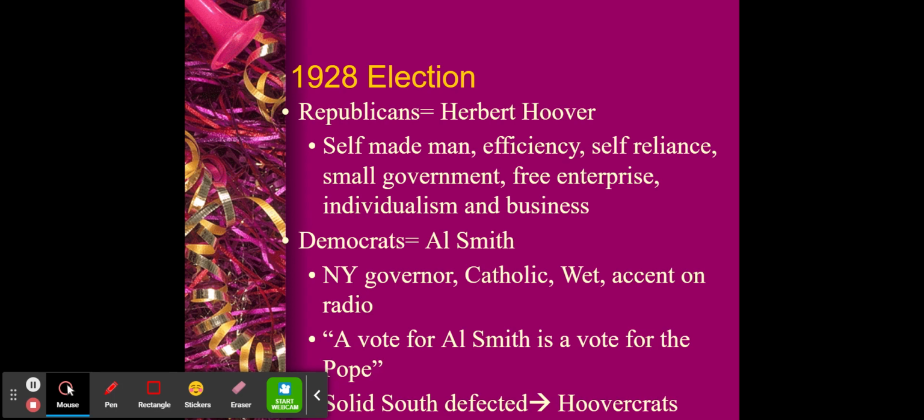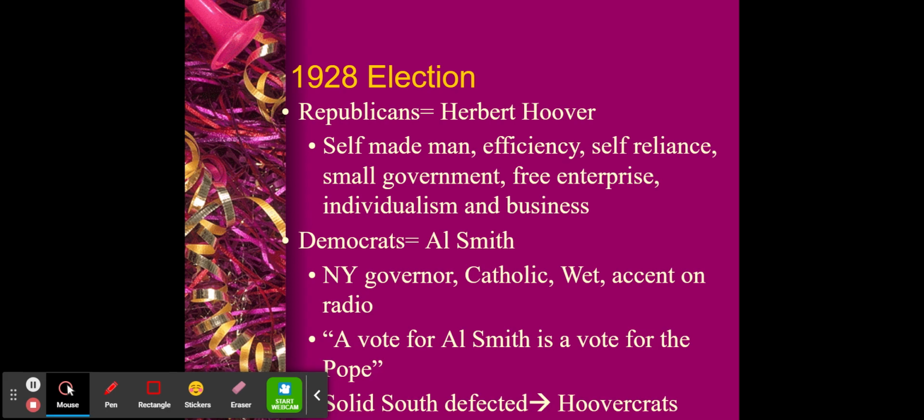And so Al Smith resoundingly loses to Herbert Hoover in 1928. Even the Solid South defected from the Democratic Party. Remember, the Solid South, those solidly Democratic states, actually voted for this election for Herbert Hoover, known as the Hoovercrats, as they were called. And very interestingly, at Herbert Hoover's inauguration, keep in mind this is a mere months away